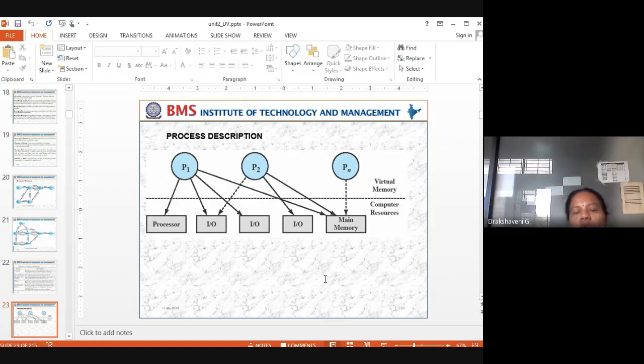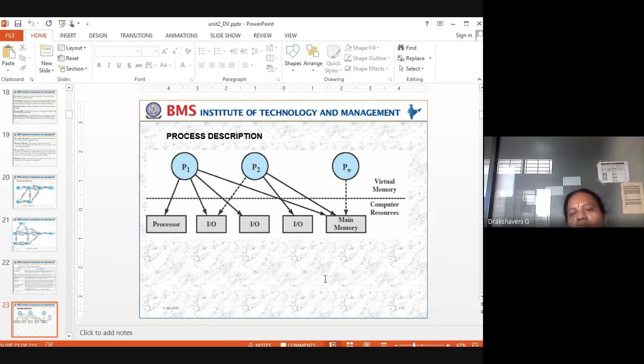Then P2: the dotted line says that it is in a waiting or blocked state. So the input output is blocked, or waiting to get free. And P2 is again pointing to one more input output, which is free, so it is being used.